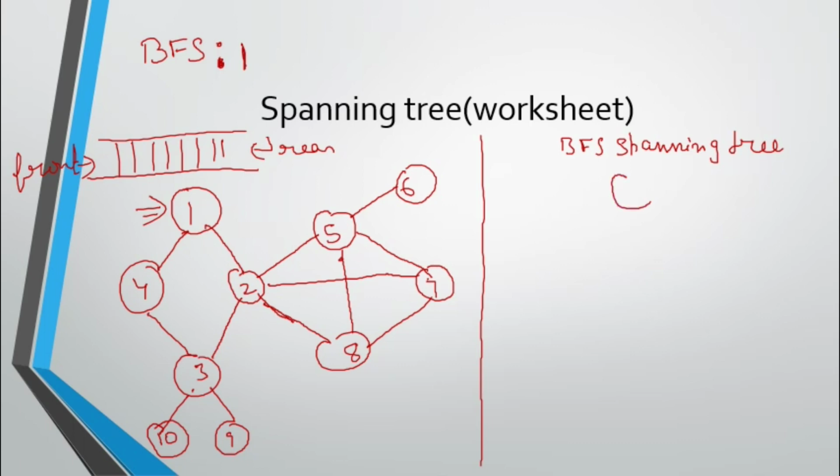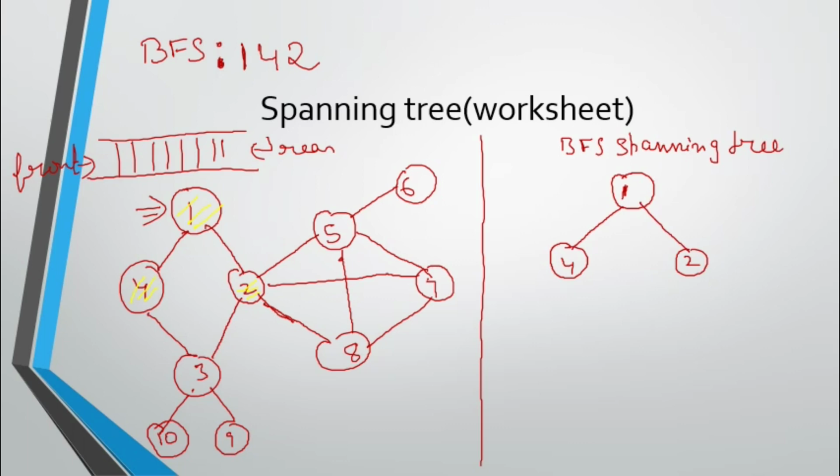So draw one vertex here, 1. Next, from 1, where do I go? From 1 I can go to 4 and 2, mark them first. I told you that you can visit in any way, there is no hard and fast rule. So I'll visit 4 first, then I'll visit 2. What you are supposed to do is draw 1 to 4 here, 1 to 2 here, and connect them.